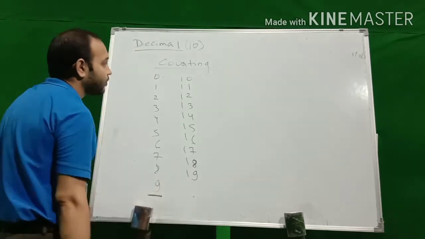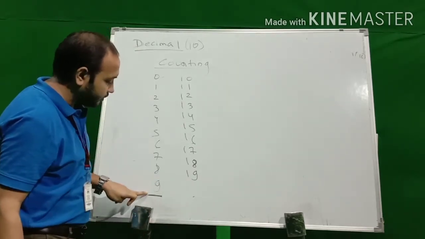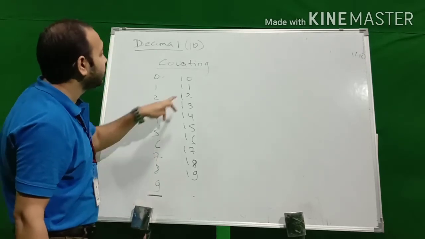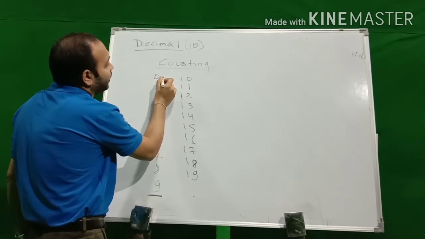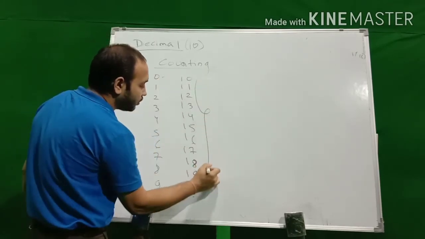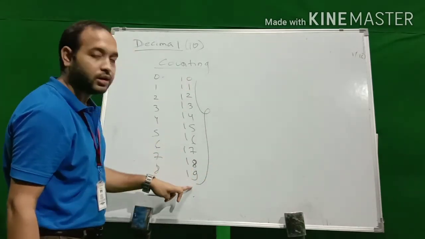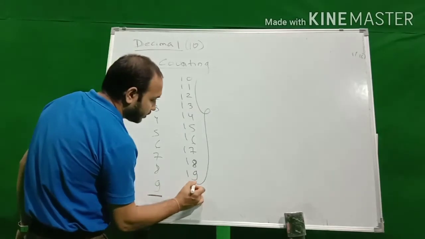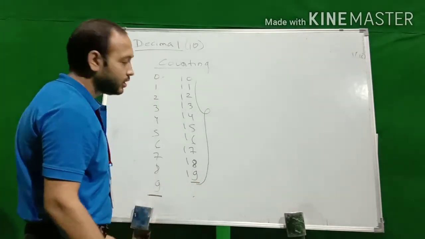Now you see, after finishing this unit place 0 to 9, what we had to do, we have to start again from this number. So what we have done, now you can see from 0 to 9, again we have used this 0 to 9. Now again this place is over. Now we have used all our digits, all 10 digits.